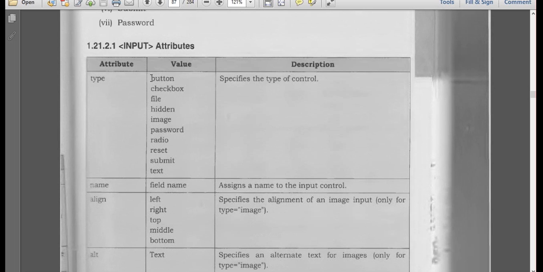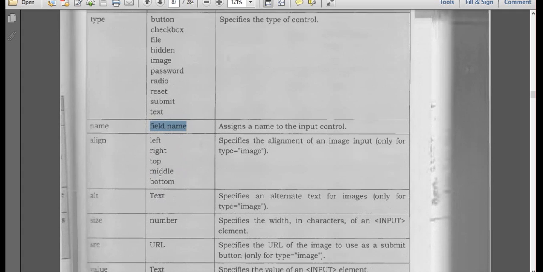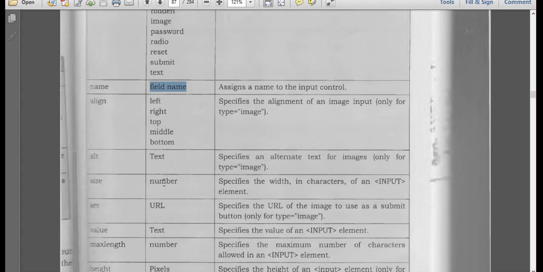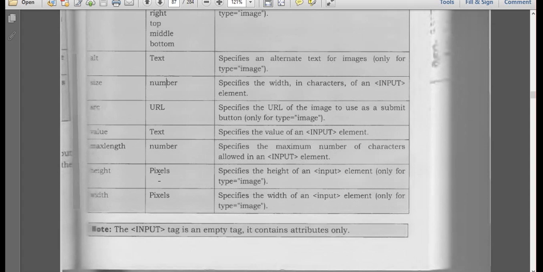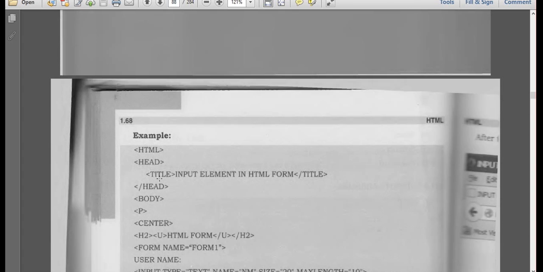This input type can be a button, a checkbox, a file, hidden, image, password, radio, reset, submit, text. So these are the different types of inputs we may give. Name is nothing but the field name, and for alignment we have 4 types of alignments. Alternative text is what it has to display, size will be the number, source is nothing but your URL, and all these things we'll see whenever we go with an example.